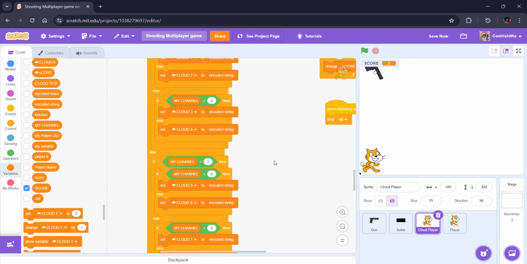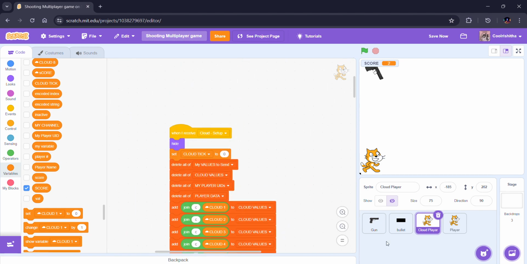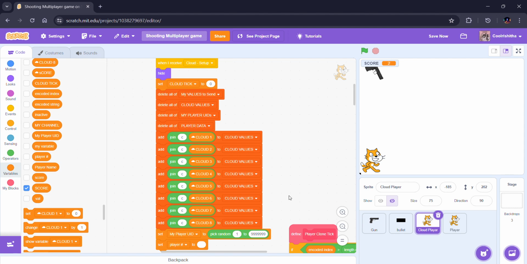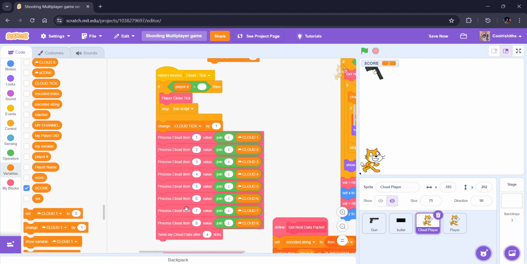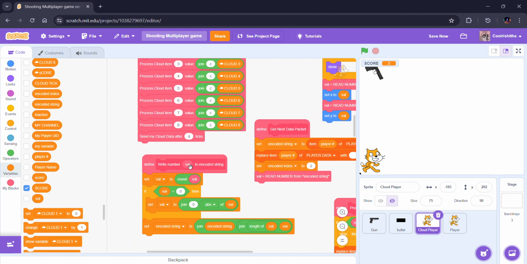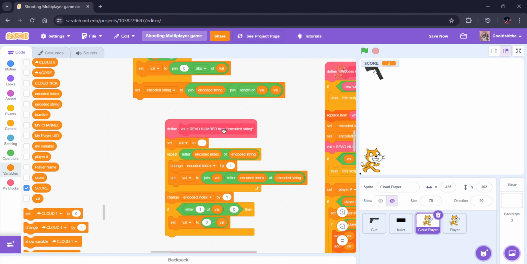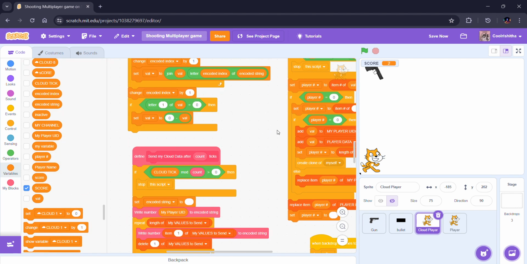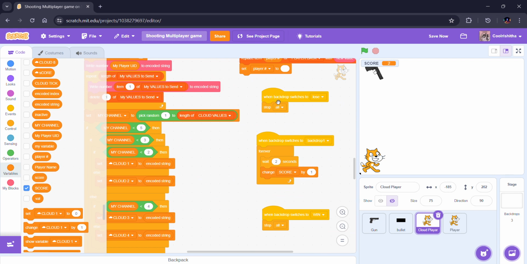And with that being said, we finished all of our code. We can just go back to check all of our code here to make sure that we didn't miss anything. Let's go to the top. You must have this cloud set up with all of this, and your define player clone tick, and your when I receive cloud tick, and your get next data packet, and your write number val to encoded string, and your define val is equal to read number from encoded string, and your define process cloud item, and last but not least your send my cloud data after count ticks,